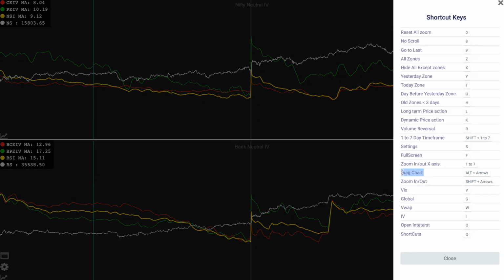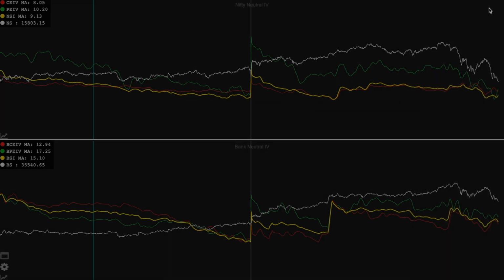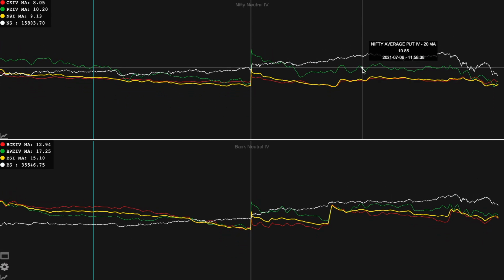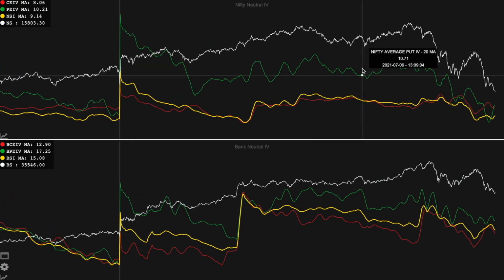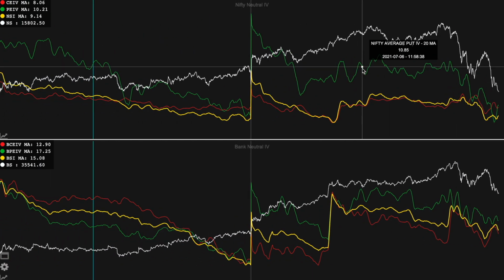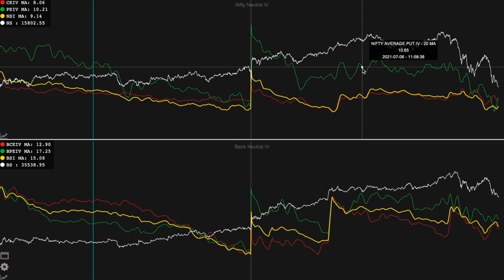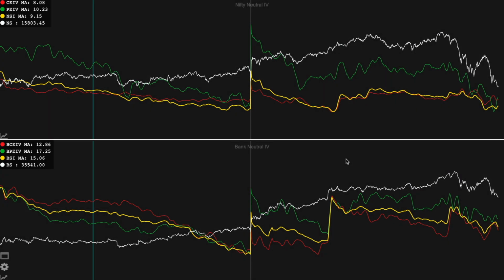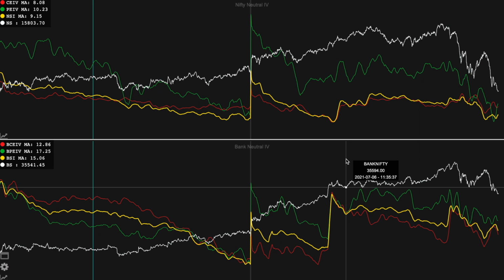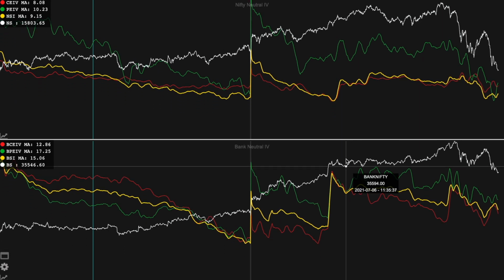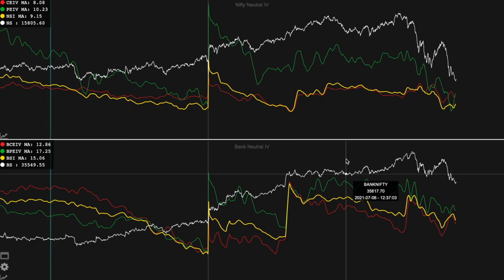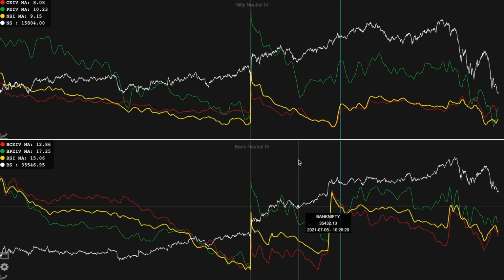Now to drag around the chart, you can press Alt plus arrow keys. For zooming in and out on the x-axis and y-axis, you can use the Shift key. If I press Shift plus up arrow or down arrow, it zooms in and out on the y-axis. And if I press Shift plus left arrow and right arrow, it zooms in and out on the x-axis. For dragging the chart, you press Alt plus arrow. If you press the Alt key plus up arrow, it moves the chart up, and likewise down arrow. This is right arrow. Like this you can drag around the chart in any direction.